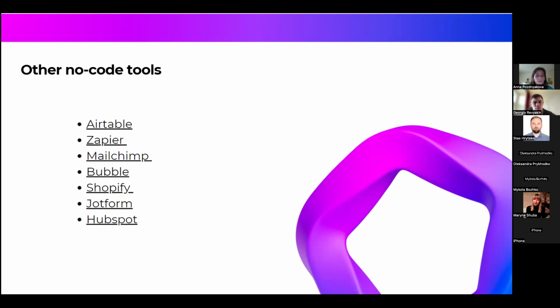If you would like to build some application, you could use Bubble. It's a tool similar to Webflow, just for web or mobile applications. For shops, if you need some kind of shop, please check Shopify. It has a really huge library of examples, and it's a very popular content management system. JotForm is used for forms like contact forms, etc. And HubSpot is another great